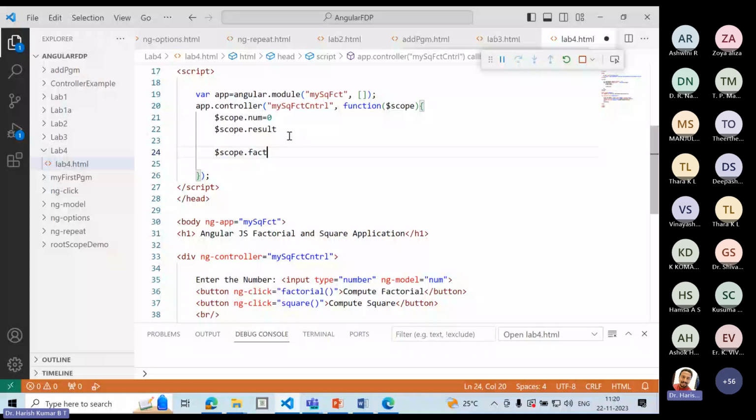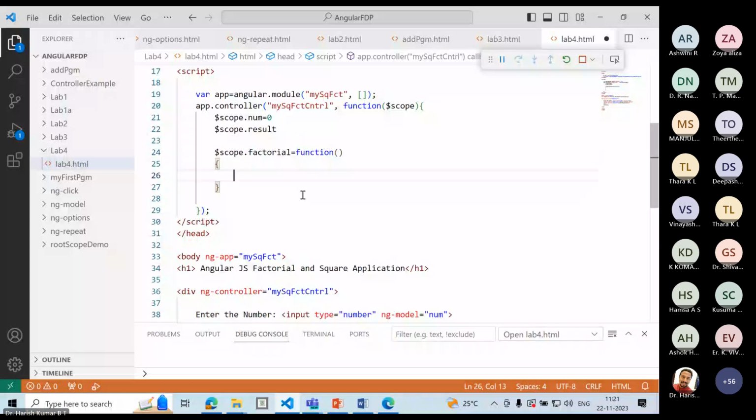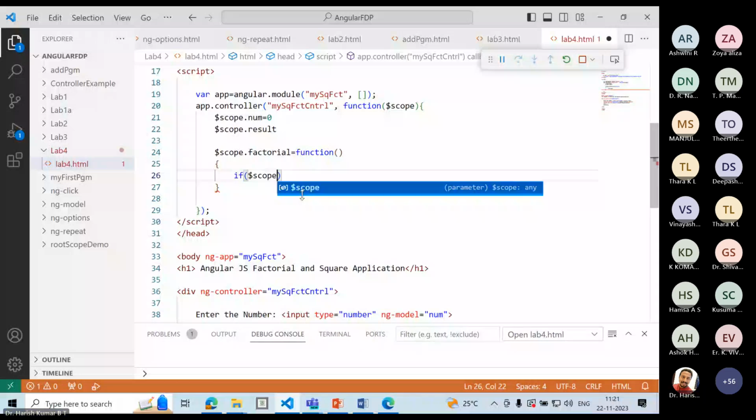So here, if $scope.num is equal to 0, we have to assign $scope.result is equal to 1. Okay. Else